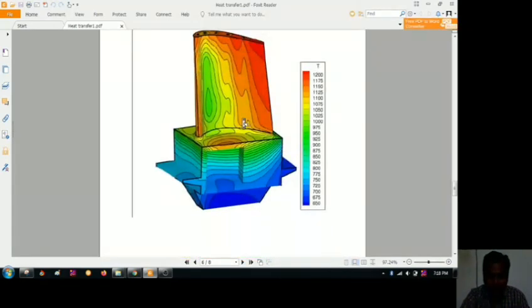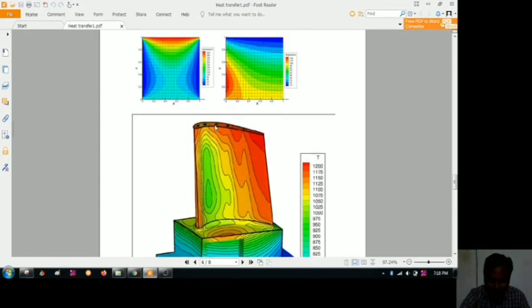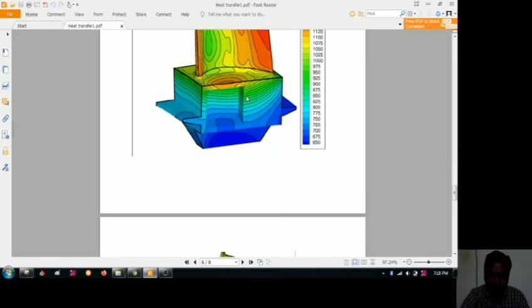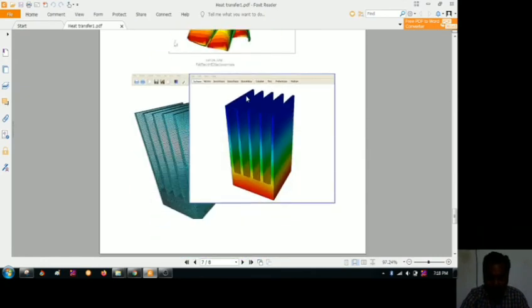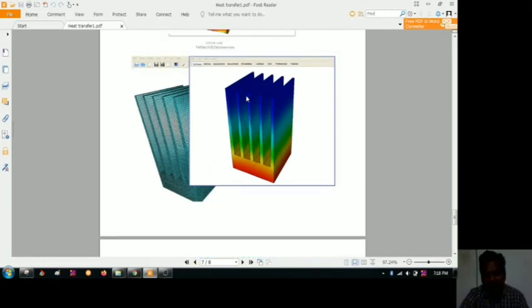So we need to know about the thermal property of the material, the thermal expansion of the material, which material you're using. And you're seeing here that some holes are provided. These holes are used for the transfer of heat from a higher level to a lower level. Again, one more active problem we are seeing here: these are nothing but pin fins. The pin fins are an extended surface from some body.